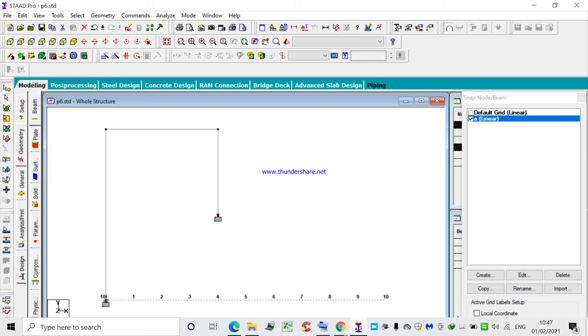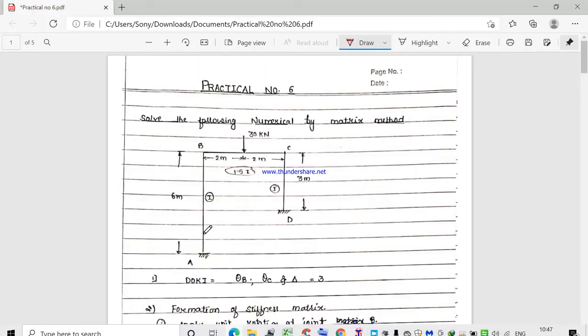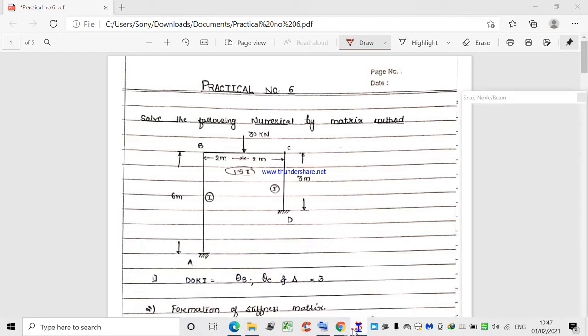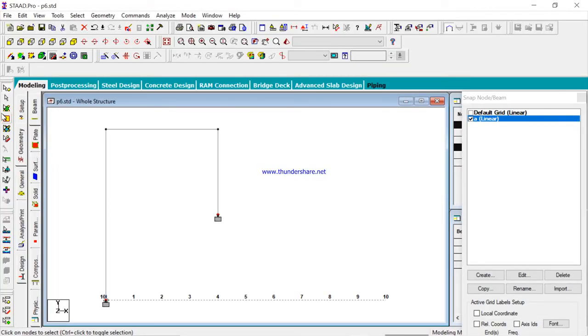Now the next step is the assignment of a member property. If you see that the I value for the columns AB and CD is the same, we can define the property for AB and CD as same.